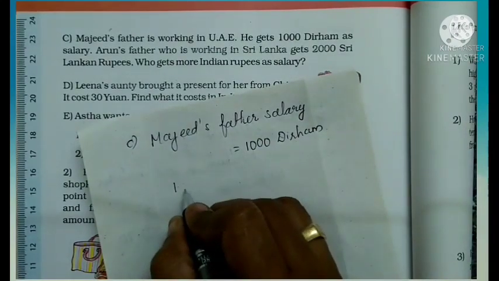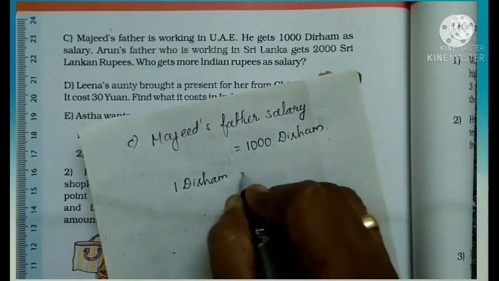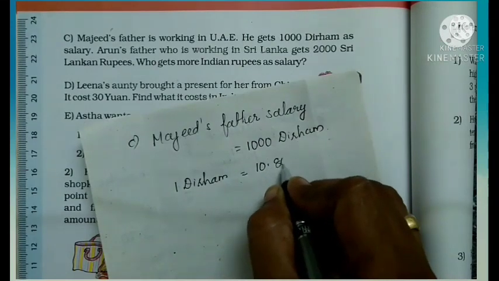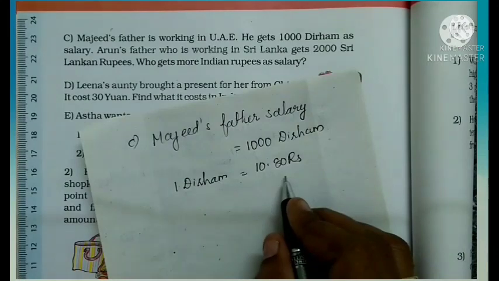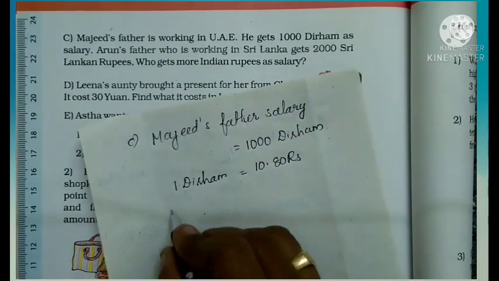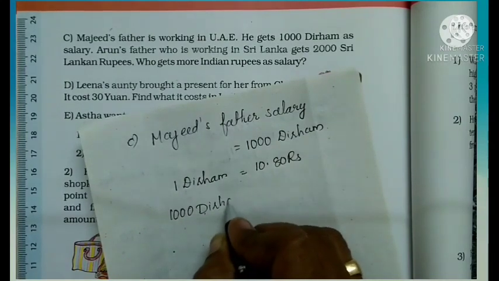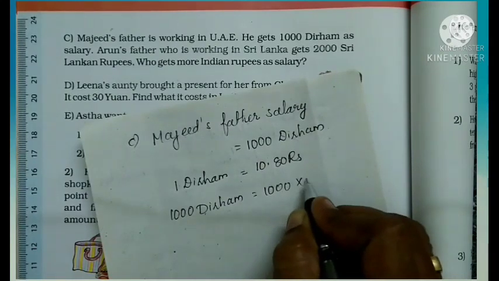So 1 dirham equal to 10.80 rupees. 1 dirham is equal to 10.80 rupees. So next we want to find out 1,000 dirhams. That is equal to 1,000 into